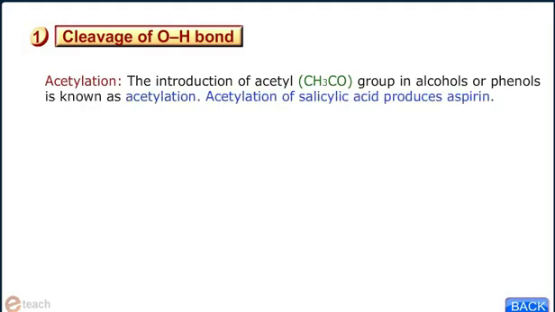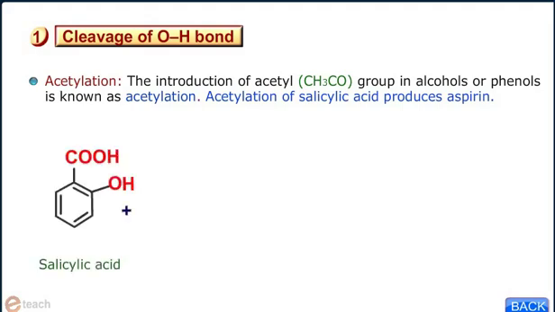Acetylation. The introduction of acetyl, that is CH3CO group, in alcohols or phenols is known as acetylation. Acetylation of salicylic acid produces aspirin. Consider the reaction